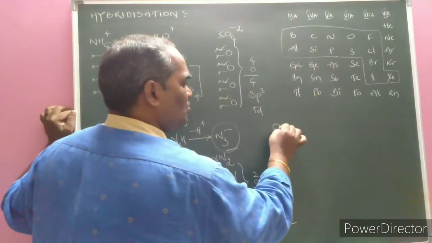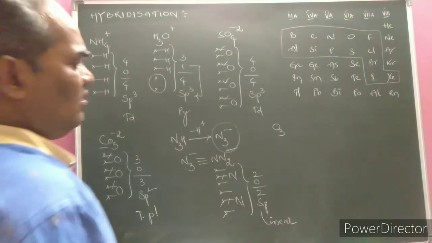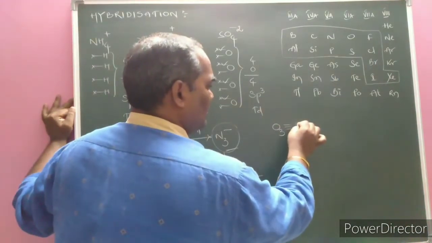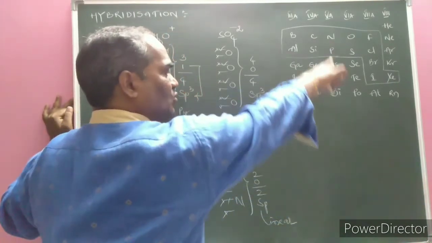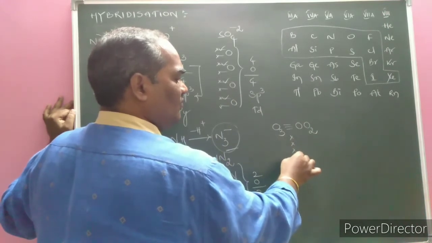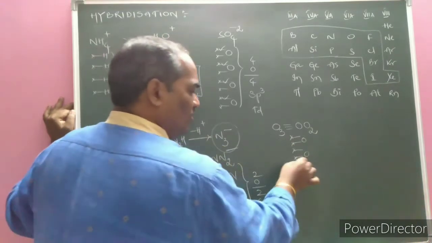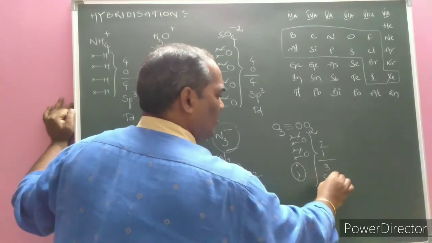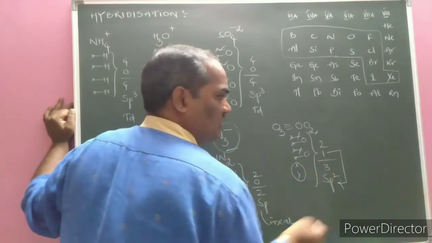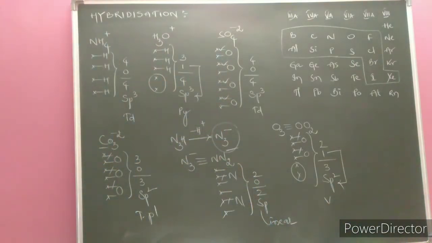Another one, ozone. Can you imagine how we can calculate the hybridization and the shape of the ozone molecule? Here the ozone molecule can be written as O3. The oxygen atom is the central atom. The group number is 6. 1, 2, 3, 4, 5, 6. How many oxygen atoms are there? 2 oxygen atoms. And how many lone pairs? 1 lone pair. Sigma bonds are 2, lone pair is 1, total is 3. Hybridization is sp2. In sp2 hybridization, 1 lone pair is there. Hence, what would be the shape? A V shape, or angular shape, or bent shape.